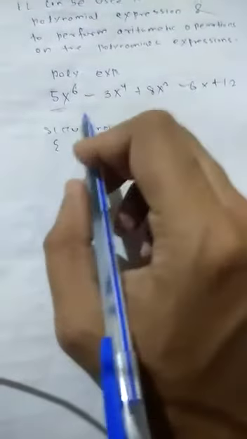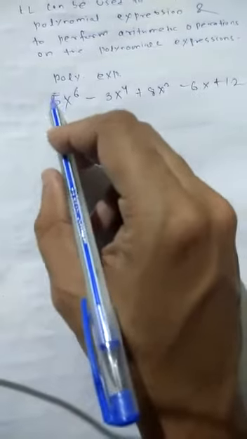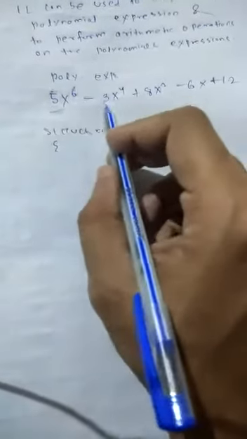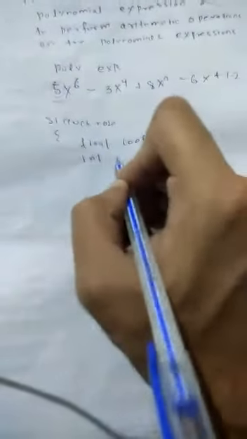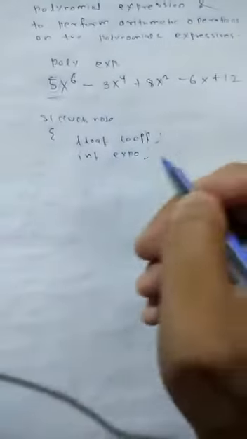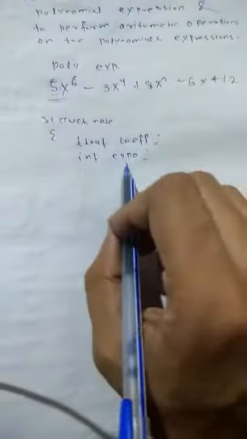So I am defining struct node. It contains the coefficient and the exponent. This is your coefficient and this is your exponent. The coefficient may be an integer or a floating point, so I am taking float coefficient. Another is the exponent, always an integer, so integer exponent. Each term has two parts, one is coefficient, another is exponent.